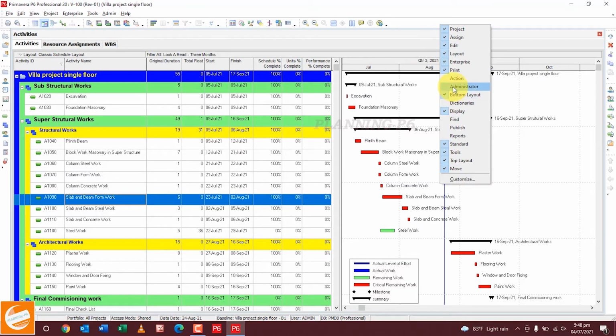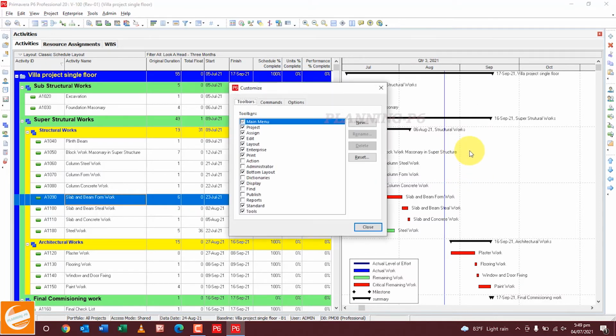Administrator is there, Dictionaries is there, Find option is there, Publish, Reports, Move, these are all there. And when we go to the Customize option, you can see here the toolbars. With the same option, you can add all the toolbars: Main Menu, Project, Assign, Edit. These are the names of the toolbars.